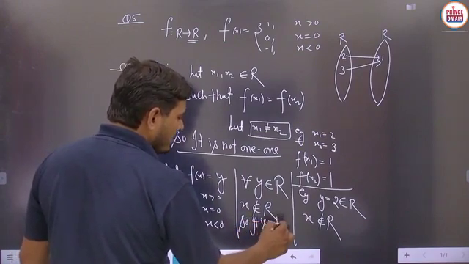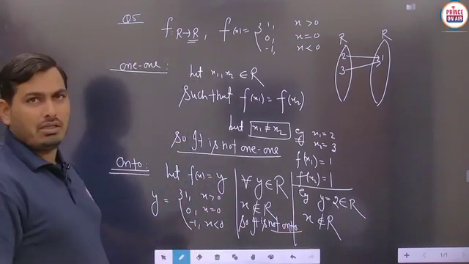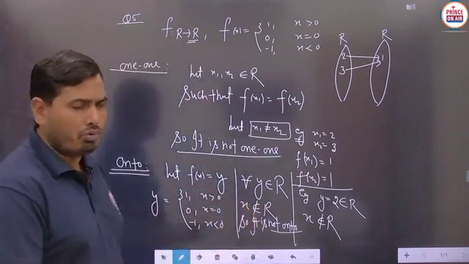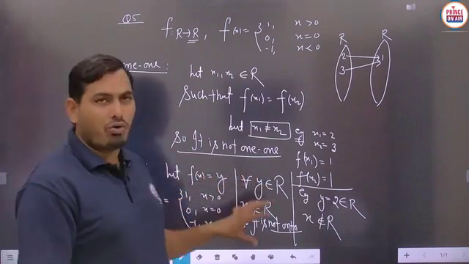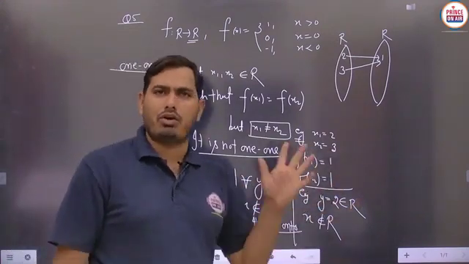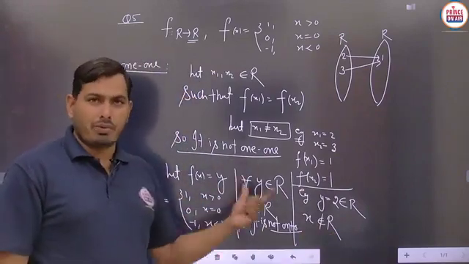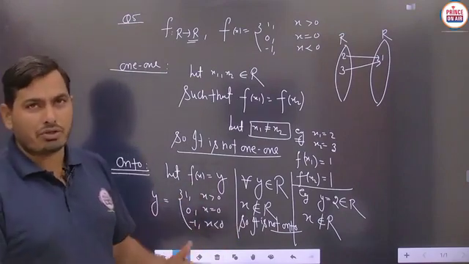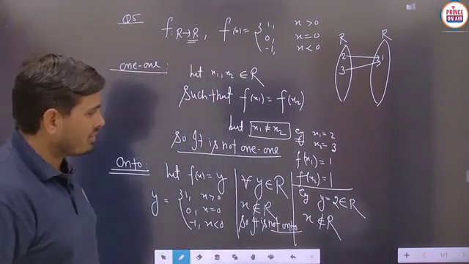So it is not onto. Is it to be clear? So basically, students, in these types of questions, what we are seeing in the case of onto is that we are converting x and y here. After that we have to check the codomain, and for each and every codomain element, its pre-image is to be checked in the domain. If any element's pre-image in the domain is not found, then it is not said to be onto. And if any function is not onto, then it is always said to be the into case. Is it to be clear?